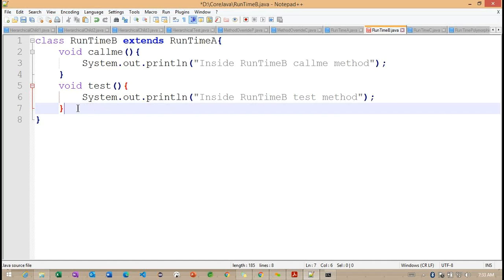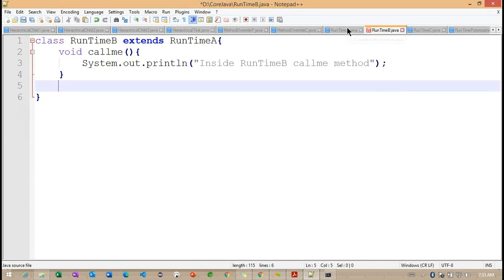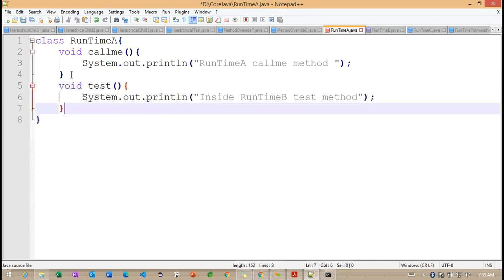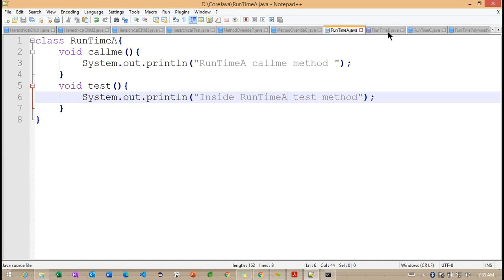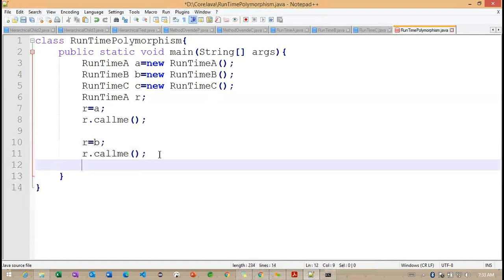So test will also be called, right? Not here, here I want to define it. Runtime A and runtime B. Back to our runtime polymorphism, the r dot test method.